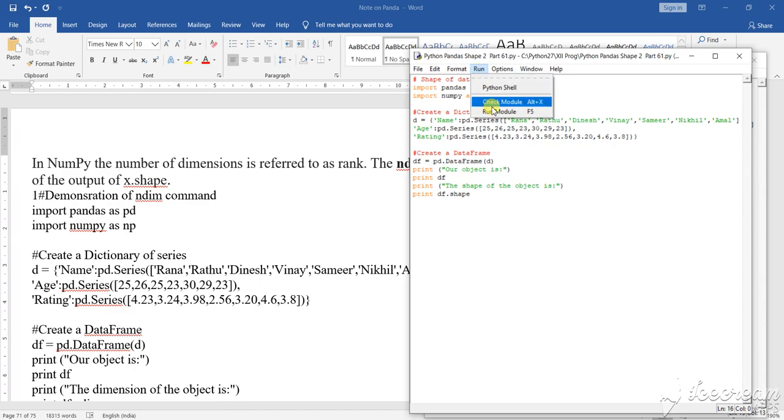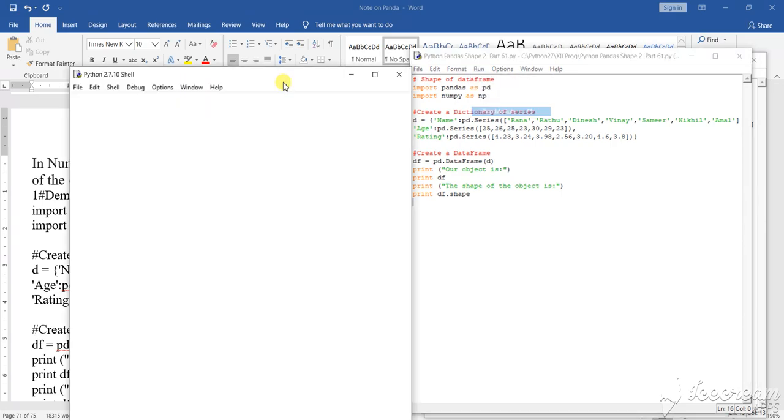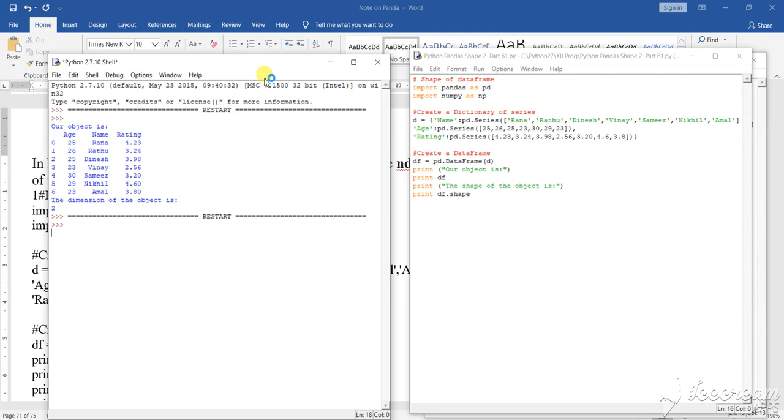First, let us run the program. Let's see what the output is coming here. Then I'm going to explain from that output. It will be more explanatory, and it will be easier for you to understand this particular program. Okay, so shape means to give the shape of the particular object. Clear? So this is the particular object that I have given here, and this is how the shape is going to be formed. Clear?